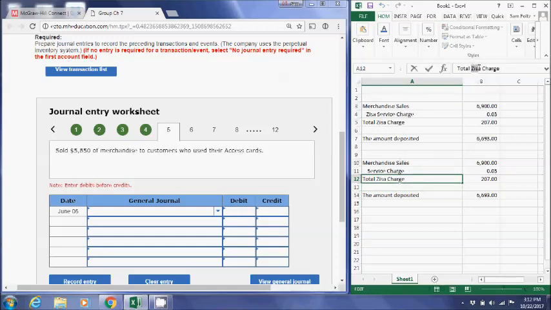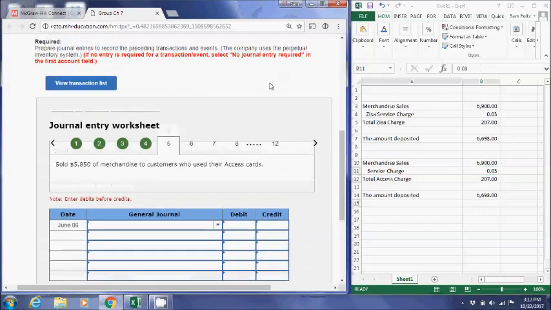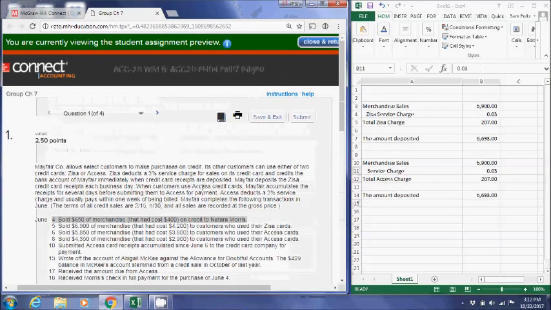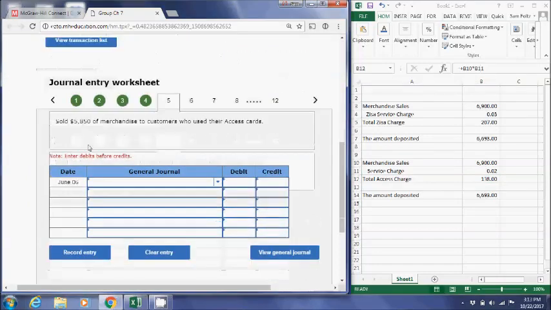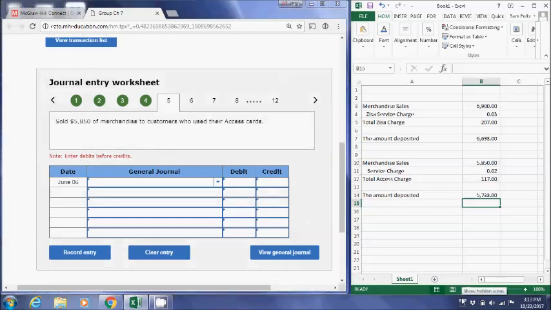My function keys don't want to work right when I'm recording. There. Our total access charge. And we know that the access charge, if we run up here, it says that access is going to withhold, where is it? A 2% service charge. So we'll change that number there and we'll see what happens. It says we sold $5,850 of merchandise to customers who use their access cards. So 5850 here, if we multiply that by 2%, is 117. And now we take that 5850 minus that 117, and we'll see how much will be deposited eventually, at least,